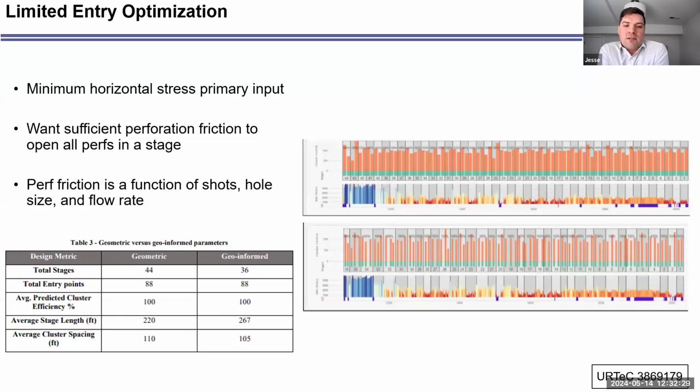So in this case, the optimization is to make some of the stages larger, not change the amount of entry points, but make some of the stages larger so that it's faster to pump and you can save money in the operations. And so you can see that table on the left, basically what we did with the geometric versus the geo-informed completions. We were able to reduce the stages by 8, and they still got 100%